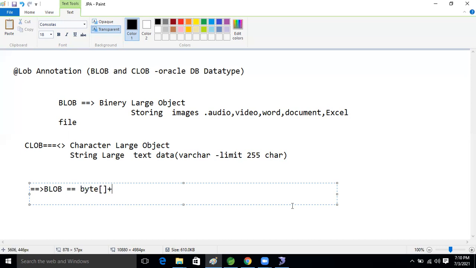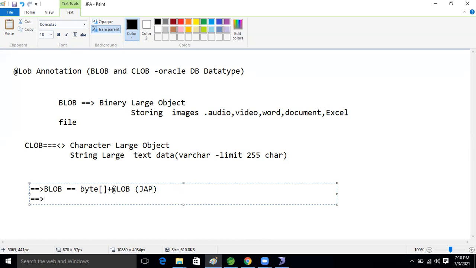Byte array data type plus the @Lob annotation in Data JPA, then our IOC container will treat it as Blob insertion.